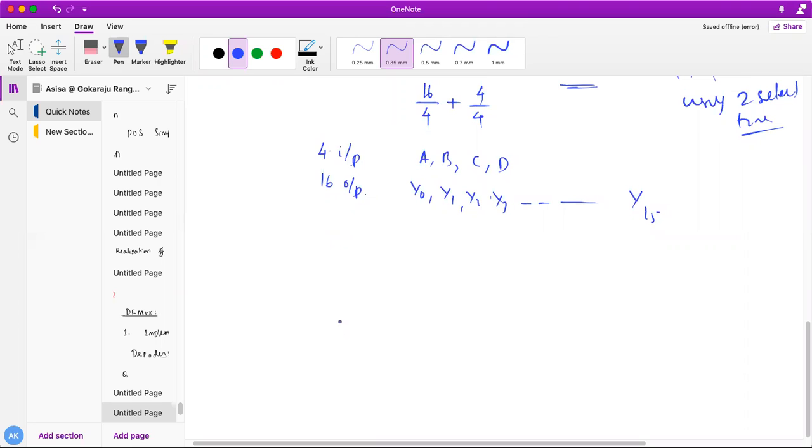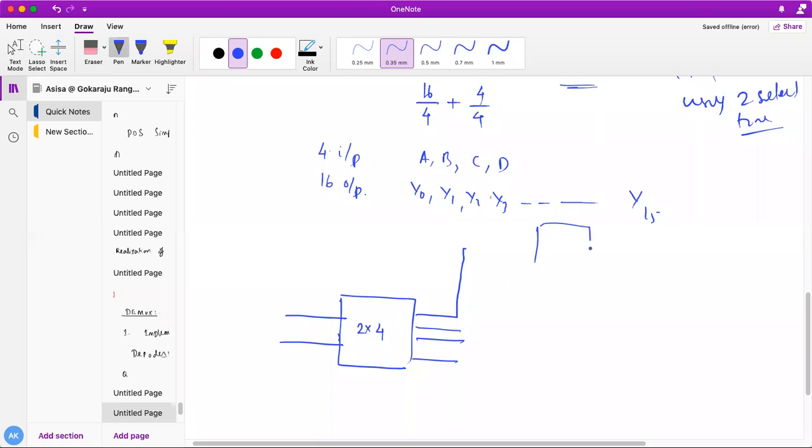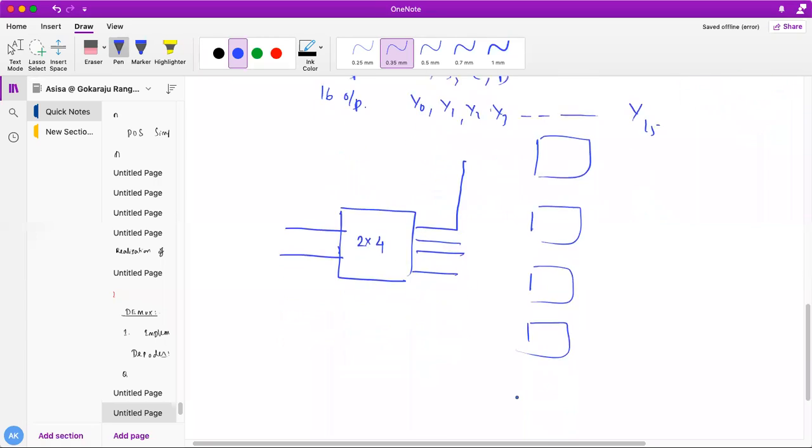As we know, how many decoders do we need here? 5 decoders. So let's say this is one of the 2x4 decoders. It would have 2 inputs and 4 outputs. So these are the 4 outputs. How I will connect them, I'll tell you, don't worry. So here are four 2 cross 4 decoders: 1, 2, 3, and 4.